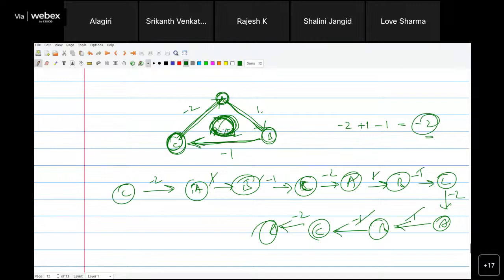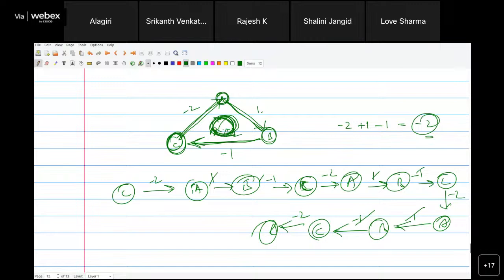So you see, -2 is not the minimum, -8. Again, if I take a loop, I will get -10. If I take one more loop, I will get -12. So -12 is less than -10. Like this, -14, -16, -18, I can reach till minus infinity also. So we are not going to get the minimum. So the algorithm will fail. That is why we shouldn't have negative cycles, but negative weights are allowed in